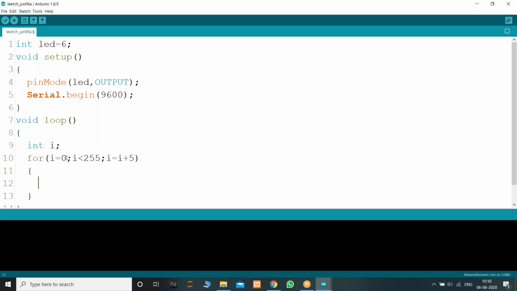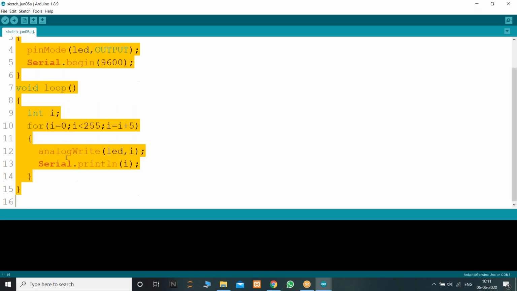In this for loop I just want to write the data: analogWrite LED comma i value. So let us print this i value also, Serial dot println i. Serial's S should be capital. So let us copy this, Control C.